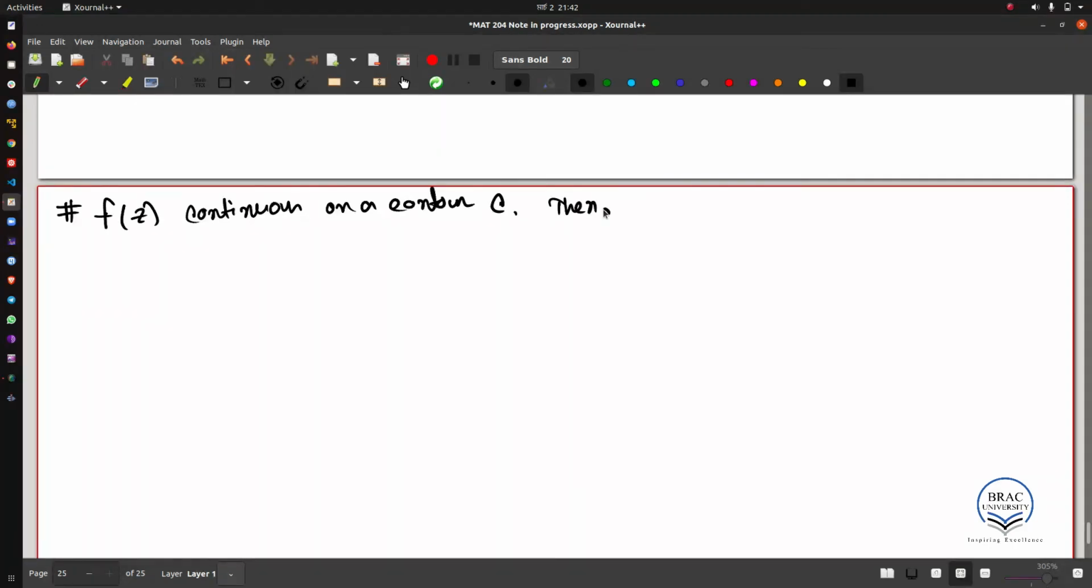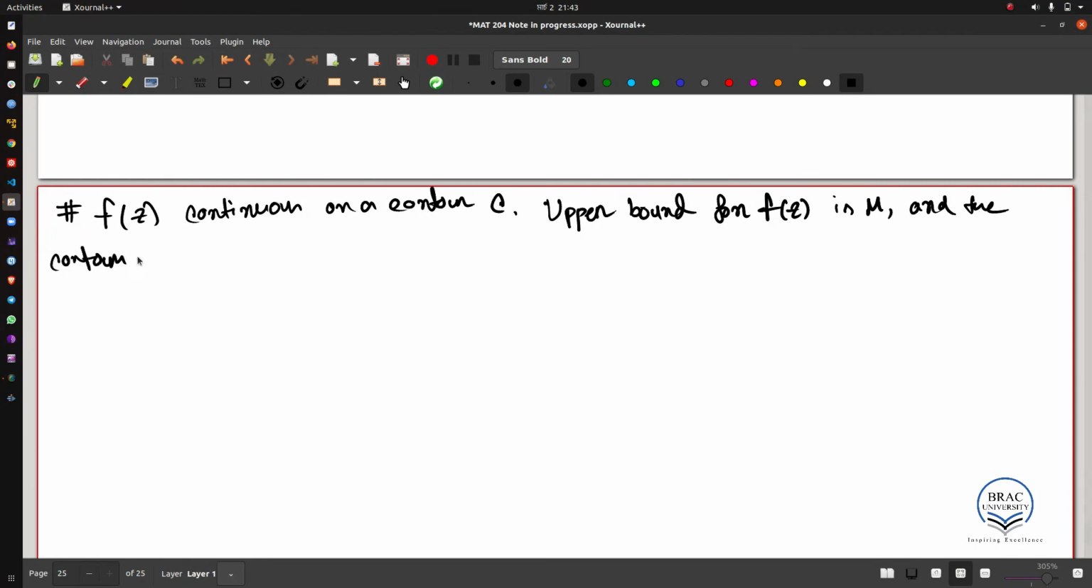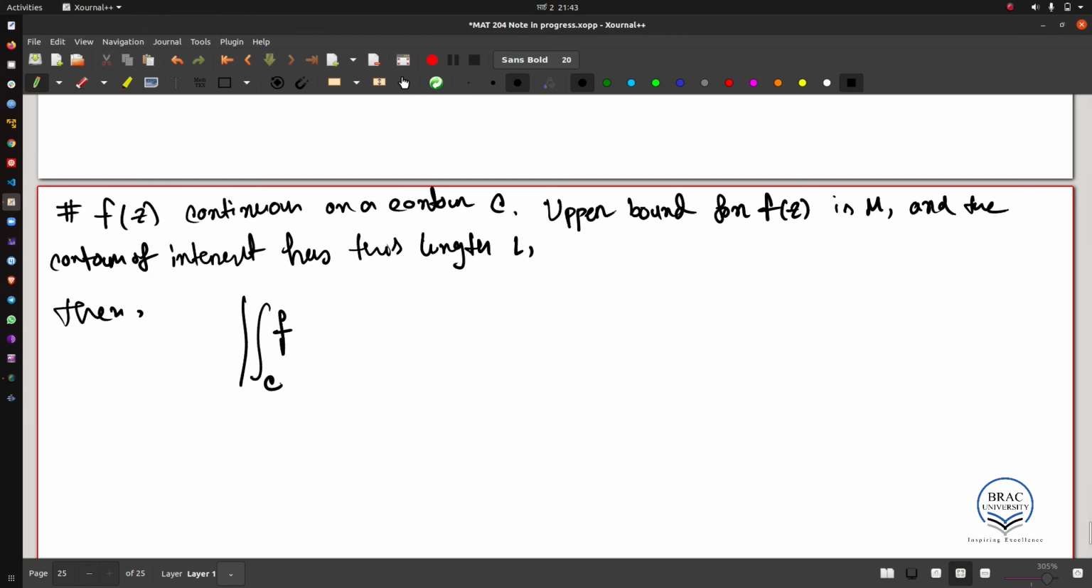Then what we will have is that, let's say this is continuous, and we also have another condition. Let's say our upper bound for f of z in some domain is M, and the contour of interest has some length L, then the modulus of this integral